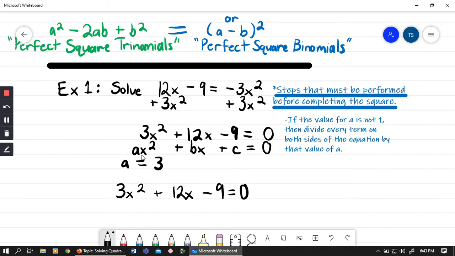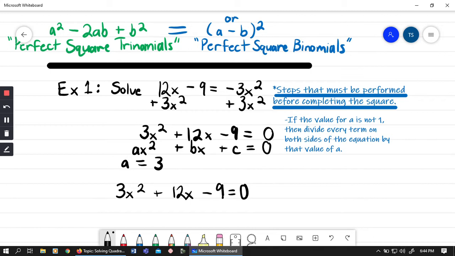Okay, so regardless of which form you got it in, if you've correctly identified your a value, and if that a value is not 1, then you should divide every term on both sides of the equation by the value of a. So for those who didn't rewrite this equation in standard form like I did, you're going to be dividing every term by -3. But based on what I've done here, we've identified our a value as 3. And so I'm going to divide